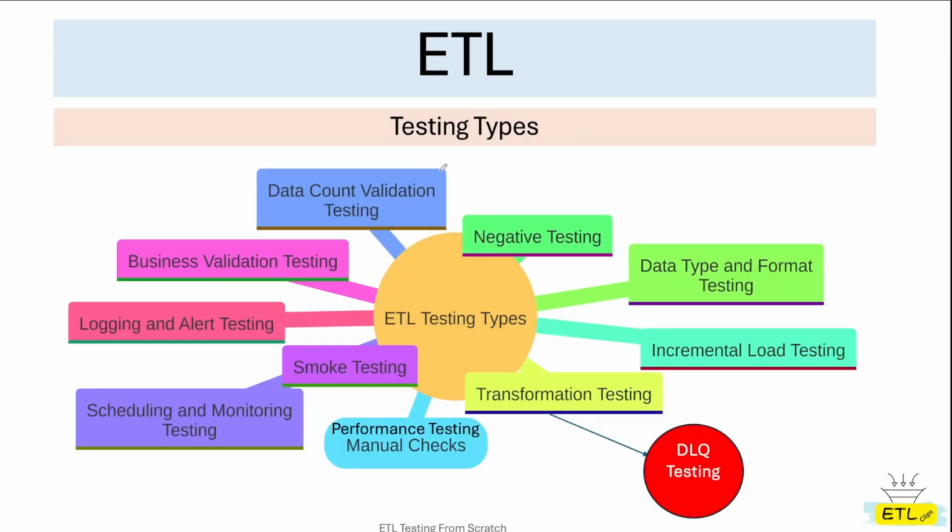So there are various test types. As a manual tester or an automation tester, you have to cover all these test types. Let's go through this, but we'll get into the detail in the later part of the video. Data count validation testing, business validation testing, negative testing, data type and format testing, logging and alert testing, smoke testing, scheduling and monitoring testing, performance testing, manual checks as well as automation checks, transformation testing, and DLQ testing,